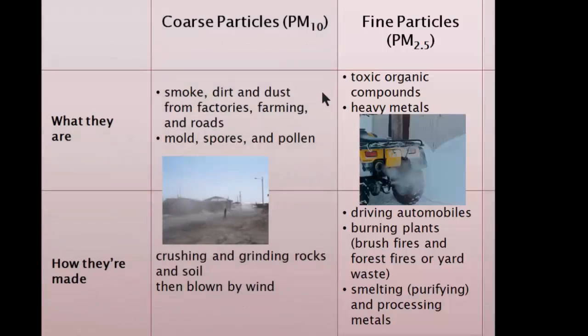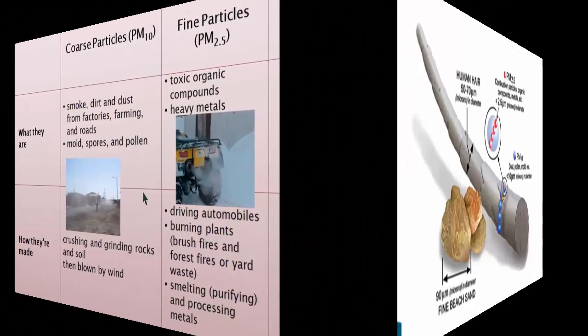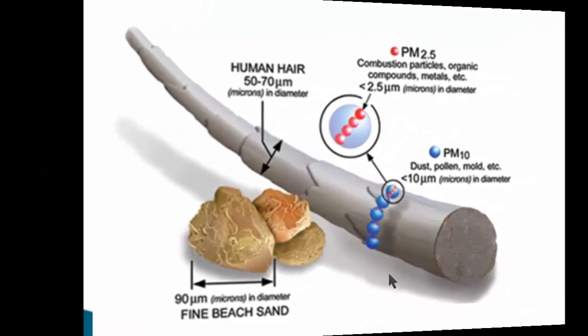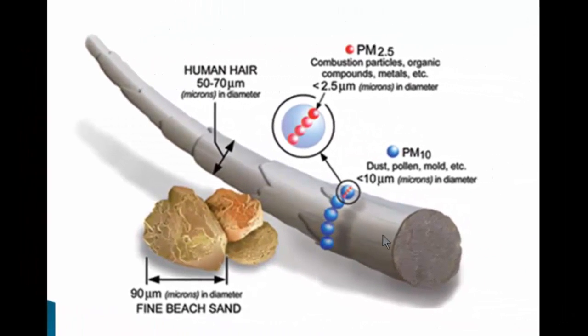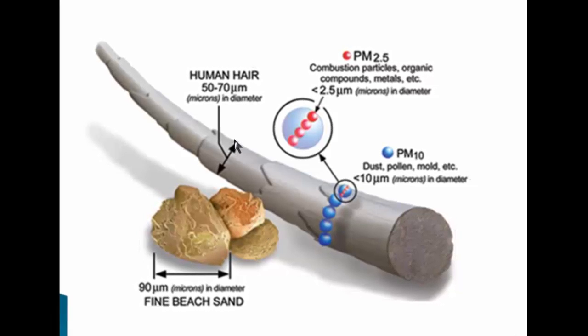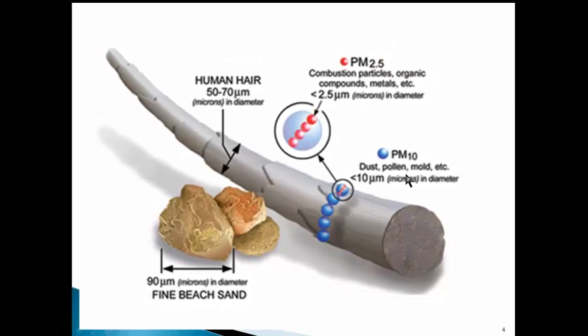This is just an overview of the difference between the two, and you can do monitoring screening measurements for both. A lot of times people start off with screening measurements for PM10 because that of course includes PM2.5, and it's easier to measure PM10. So just looking at what these are, this is a human hair, this is beach sand, and then you can see that PM10 is about the size, just like maybe 5 side by side could fit